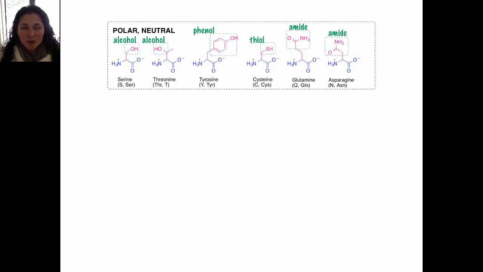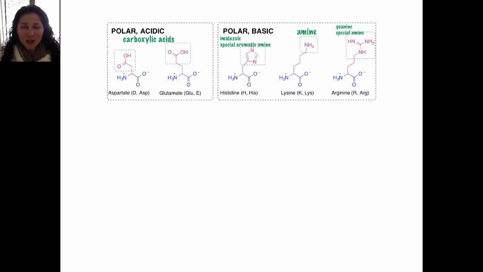The polar neutral amino acids include these families of functional groups: alcohols, phenols, thiols, and amides. These functional groups are not acidic or basic. They're called neutral because these functional groups do not participate in acid-base reactions and will almost never have an ionic charge on them. On the other hand, the polar acidic and polar basic amino acids have functional groups that are